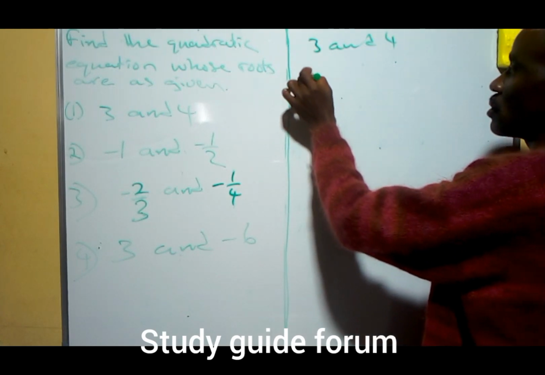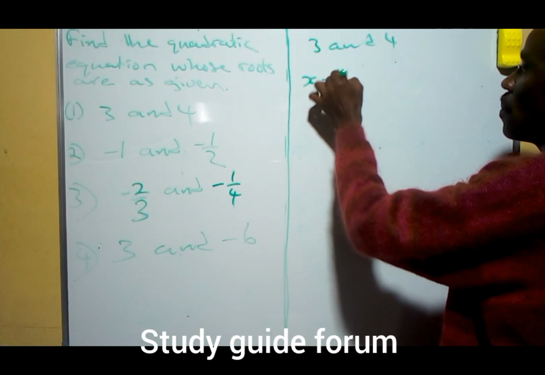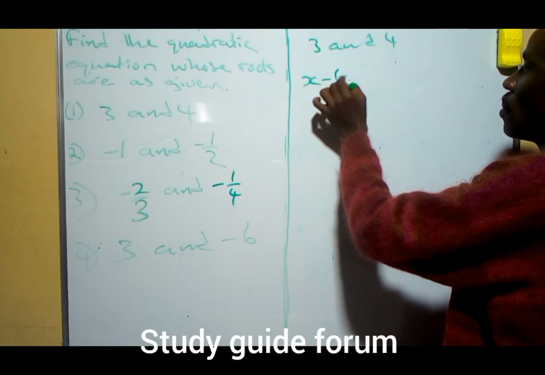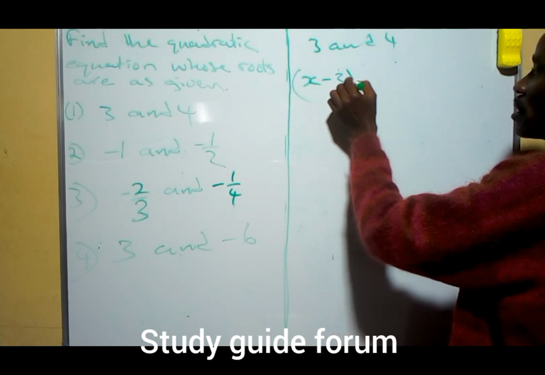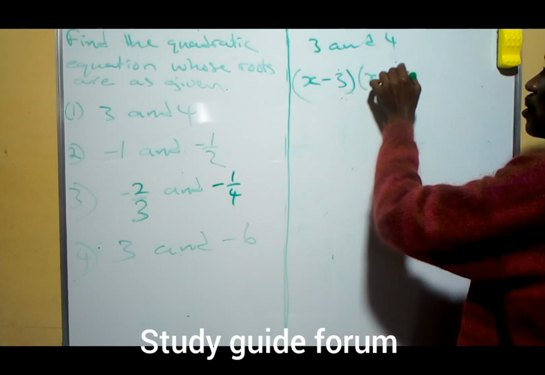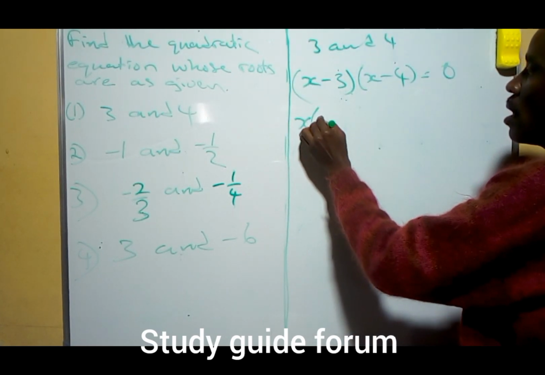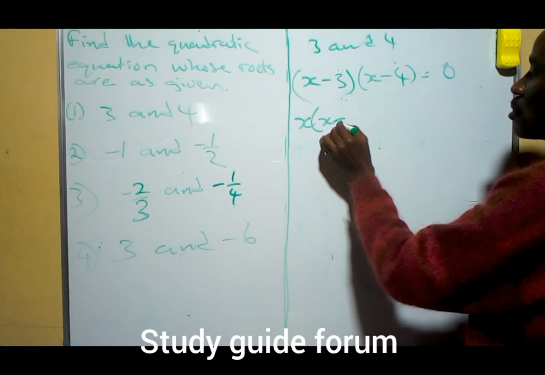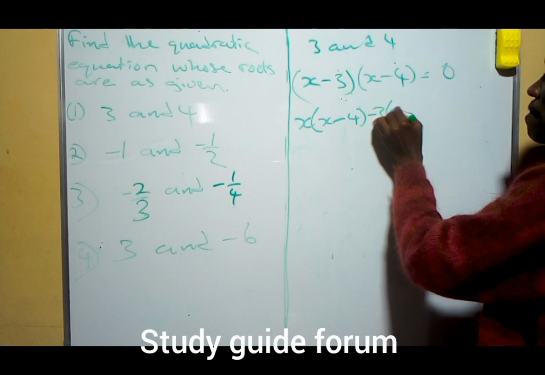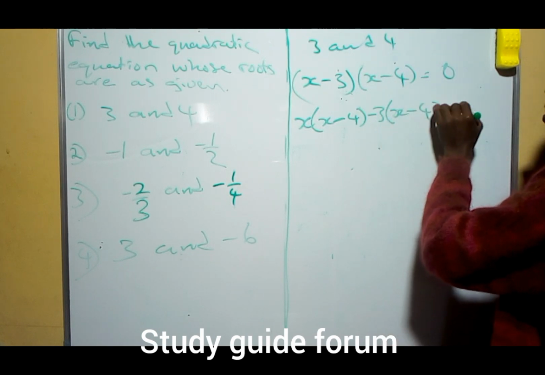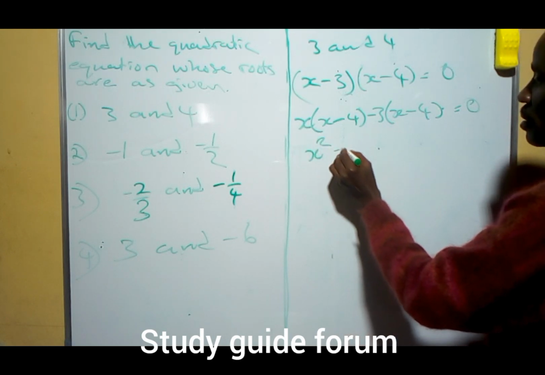To get this root, since it's positive, it simply means that (x minus 3)(x minus 4) equal to 0. So if you multiply all, we have this equal to 0. This will give us x squared,